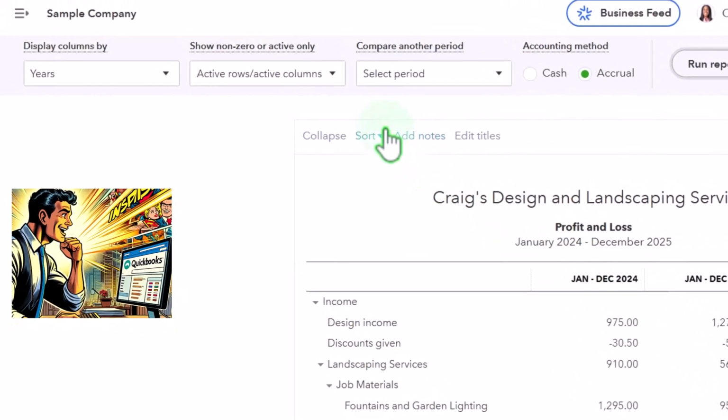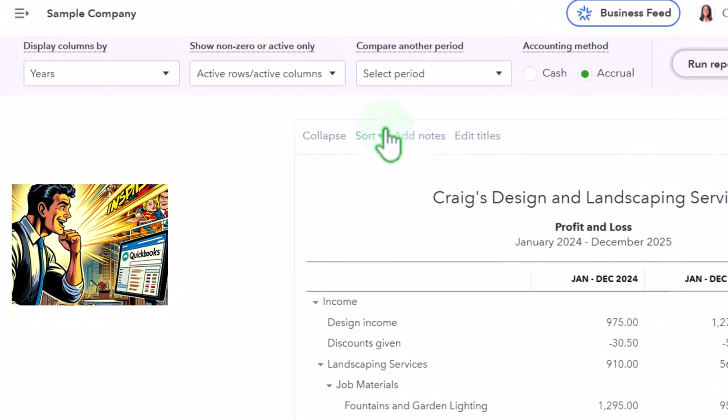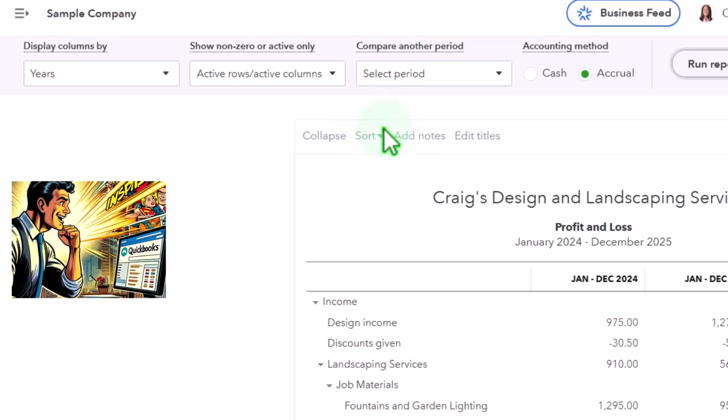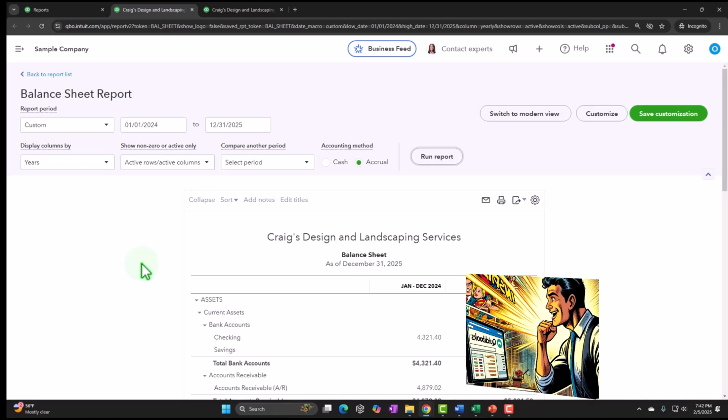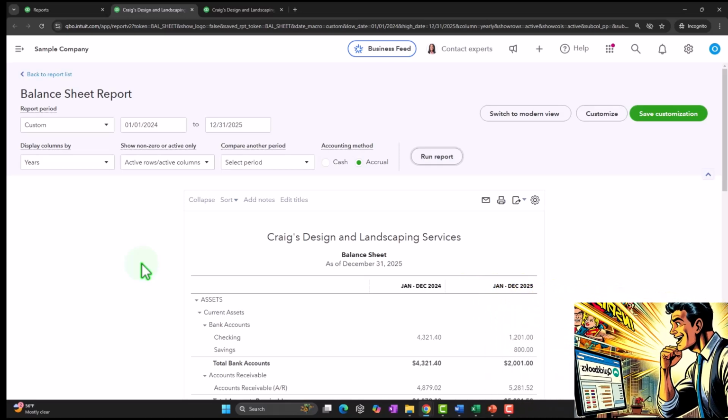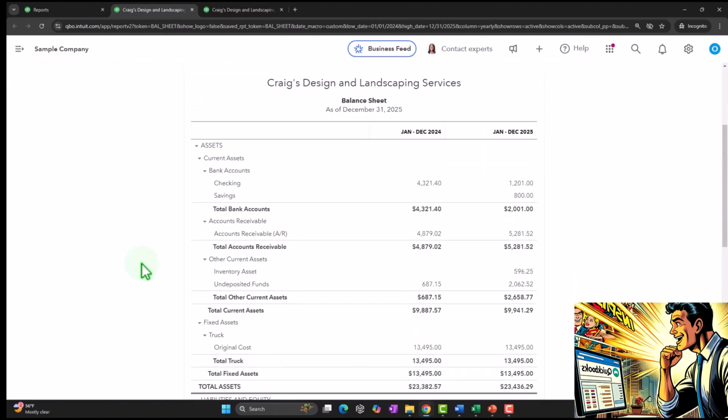And if we think about it that way, the other reports get a lot less overwhelming because there are a lot of them. But if we think of them as variants or more information about these reports, it simplifies things a little bit. So if we go back to the balance sheet here,